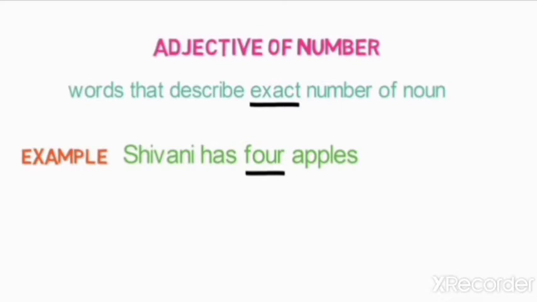If there is only 1 apple, then we can say Shivani has an apple, or 8 apples, or 10 apples, or any such exact number describing the noun. So remember this, whenever we have an exact number that is describing a noun or a pronoun, it is an adjective of number. Now let's look into the 4th type,